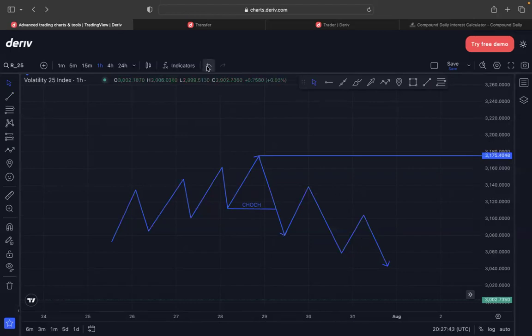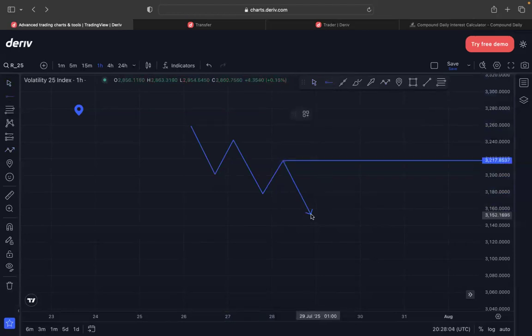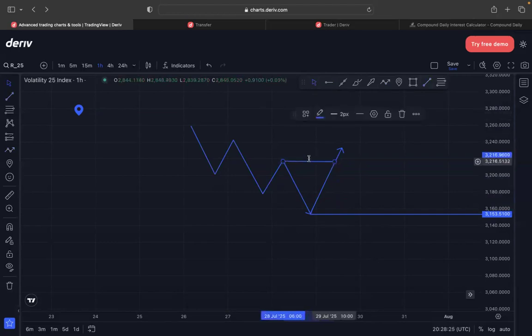Now let's see from a downtrend to an uptrend. In a downtrend, we're expecting to see lower low, lower high, lower low, lower high, lower low. That's the same concept. My point of interest is the recent highest point and then the recent lowest point. For this market to keep being a downtrend, we expect to see a break of structure. What if it did not break the recent lowest point and instead it broke the recent highest point? The point at which the market breaks the recent highest point in a downtrend to give us a new highest point